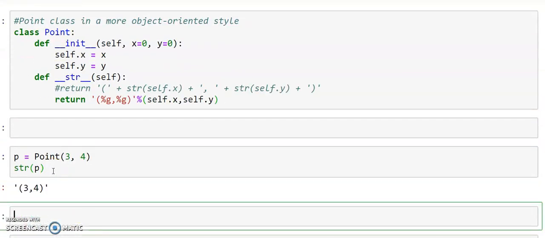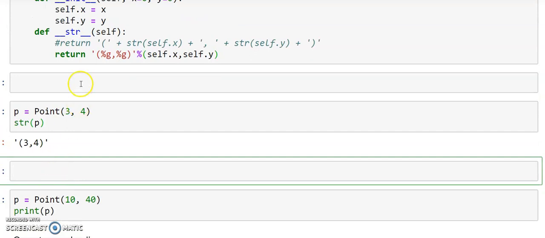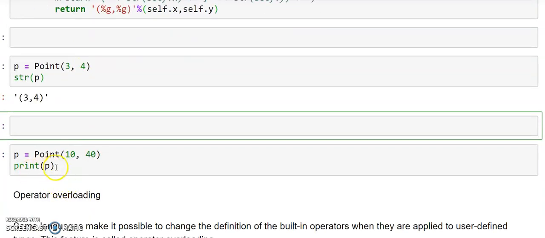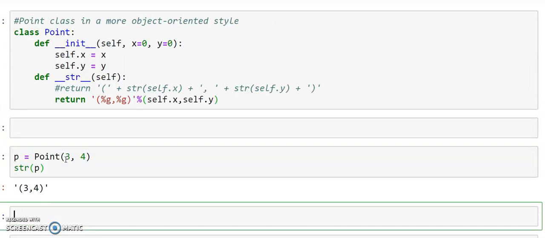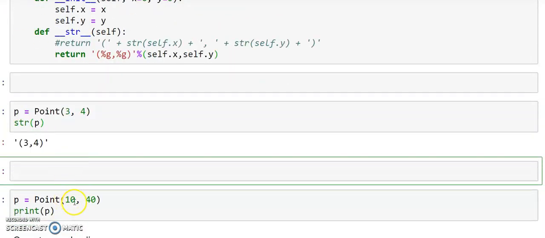So what we get with this str(p) is the point converted into the form of a string. The same method will be invoked with print as well. We are printing by creating the object and passing the parameters for x and y, that is 10 and 40.